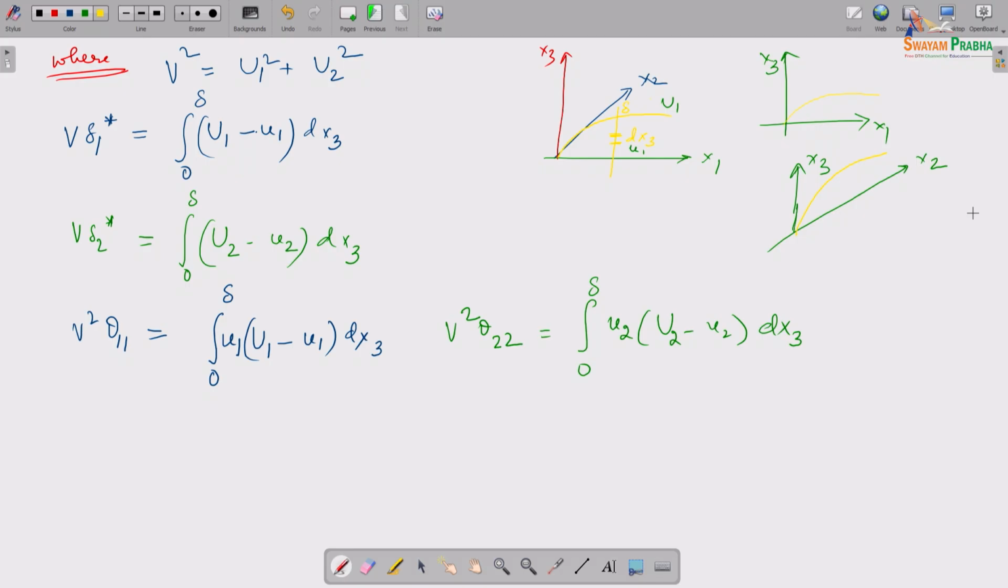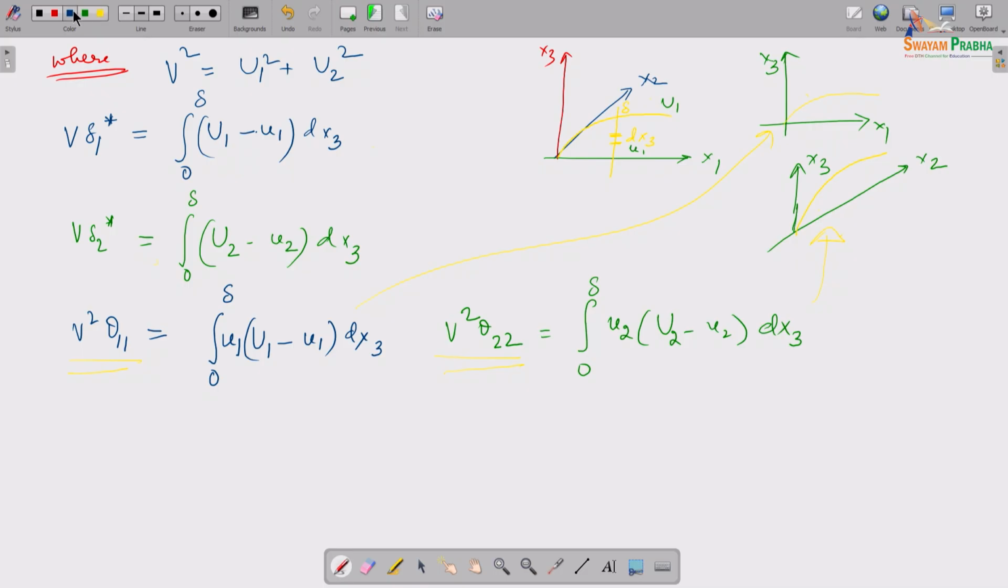Okay. So similarly, if you look at this, theta 2 2 is the momentum thickness for this case. So I can basically say that this one is the momentum thickness for this, and this one the momentum thickness for this. Again, this is the displacement thickness for this, and this is the displacement thickness for the second case. So you can see that,